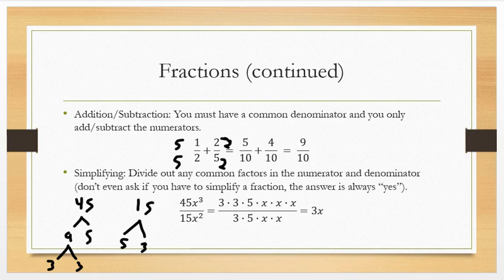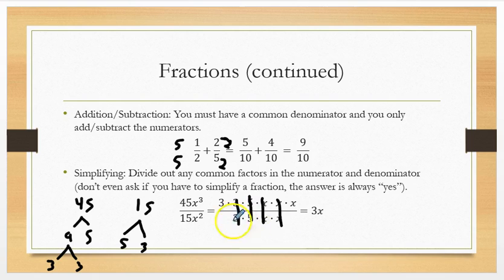So once you have everything in the numerator and denominator as factored down as possible, you can go through and cancel out any of the matching pairs in the numerator and denominator. So I had an x on top, x on bottom, cancels. Same thing there. 5 on top, 5 on bottom, 3 on top, 3 on bottom. Once you've canceled out everything that you have in common in the top and bottom of the fractions, look at what's left. In this case, I have a 3 and an x on top, and I don't have anything left on the bottom,